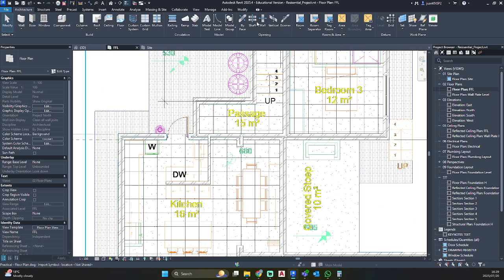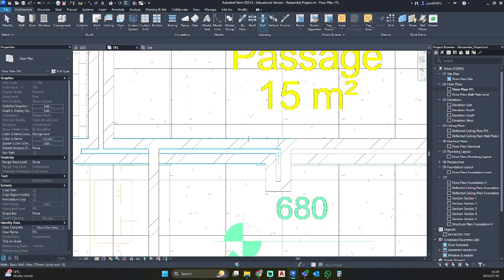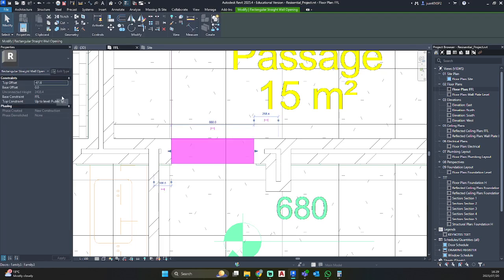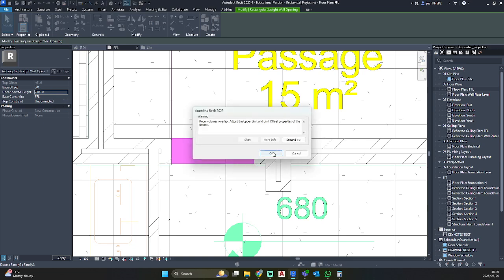Let's go back to our top ribbon by wall opening. Just going to click my wall, click again, and drag it into place. I'm going to click on my wall to ensure that opening so that I can change that unconnected height to 2100. Let's hit OK.